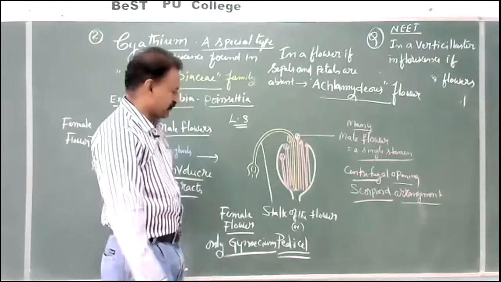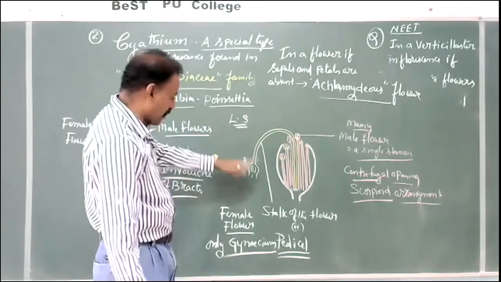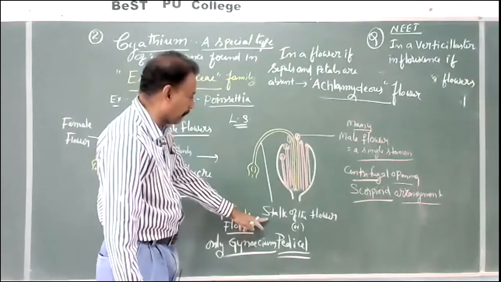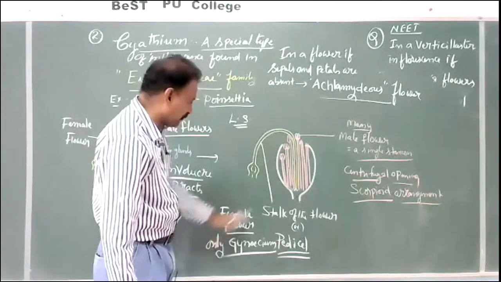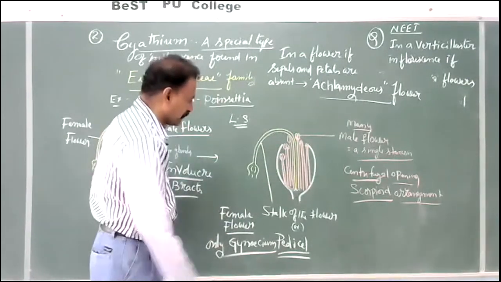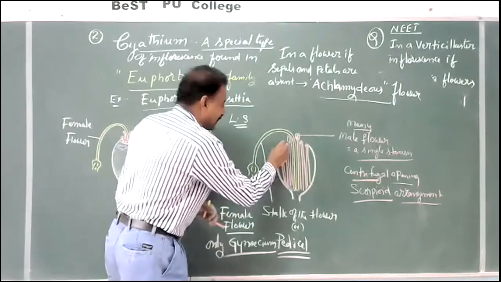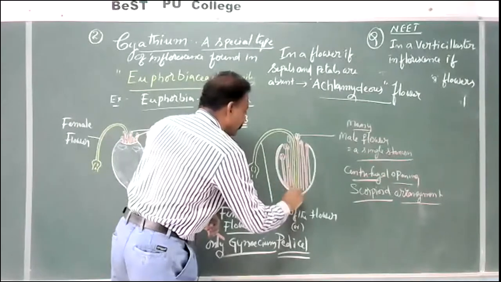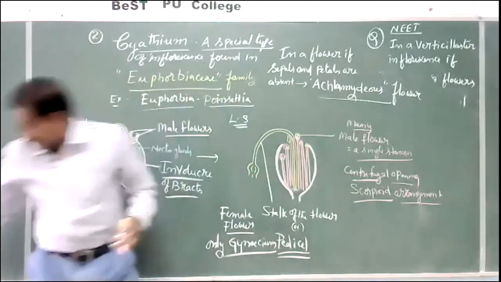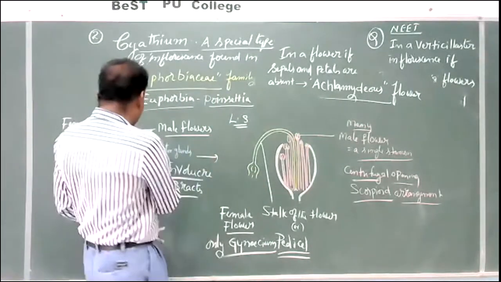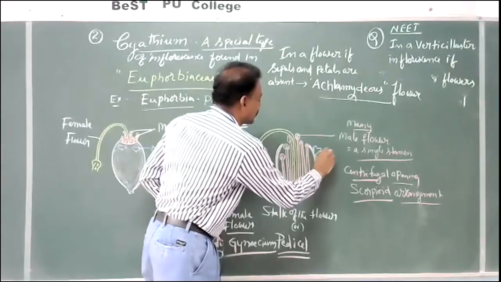And now, questions, get ready to give answers. The large stalk is called pedicel. Female flower only one, male flowers so many. Both male and female flowers do not possess any calyx and corolla, and all are surrounded by the involucre of bracts. On the bracts, what is there? Like school bags, nectar glands are present.